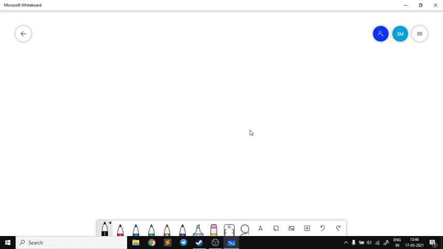The first method was just basically iterating till n. Suppose I was given a number n and I have to check whether it is prime or not. So I just iterated from i equal to 2 till n and checked whether this number n is divisible by any one of the numbers between 2 to n minus 1. If yes, then it will not be a prime number, otherwise it will be a prime number.